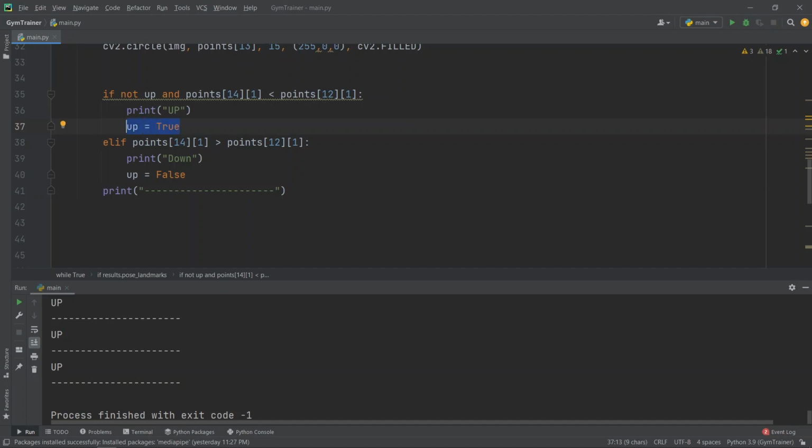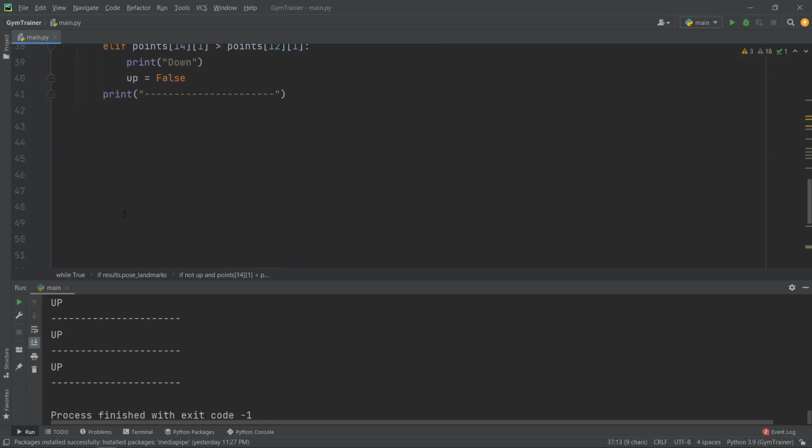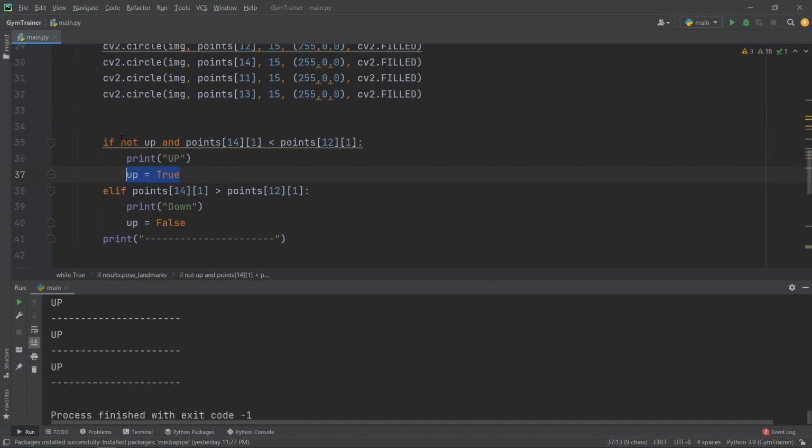And when it goes for up state all the way here, and then goes down, it will not come inside this loop because here we have already marked it as true. It will skip it.